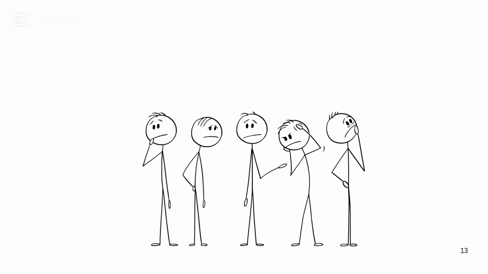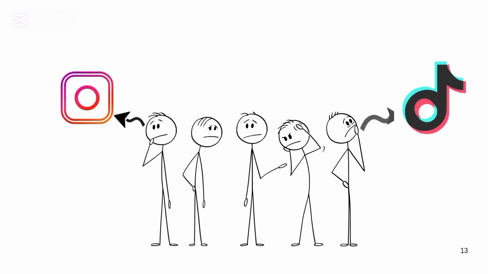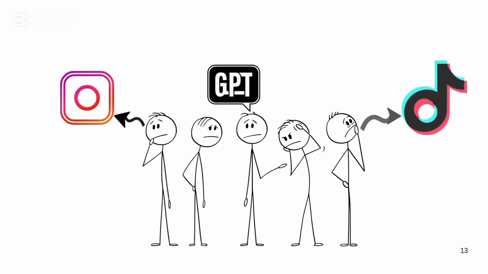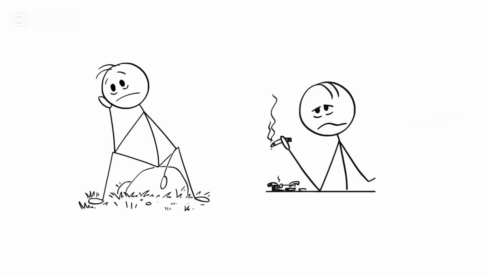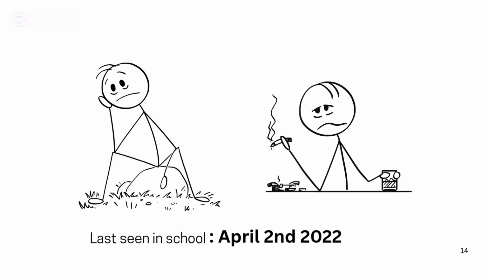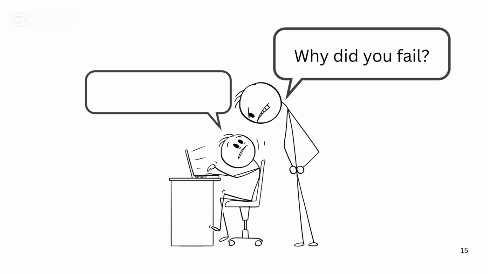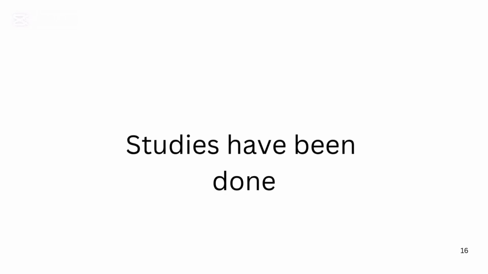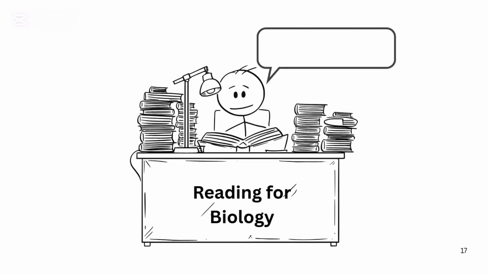And a lot of people think that social media and AI are the reason for this mass failure and dropout rates, which is a part of the problem. But the main problem is the lack of reading techniques for students to follow. And studies have been done again and again about the best reading technique, which is the main reason for this video, and which is called active recall. It can also be called repeated testing.